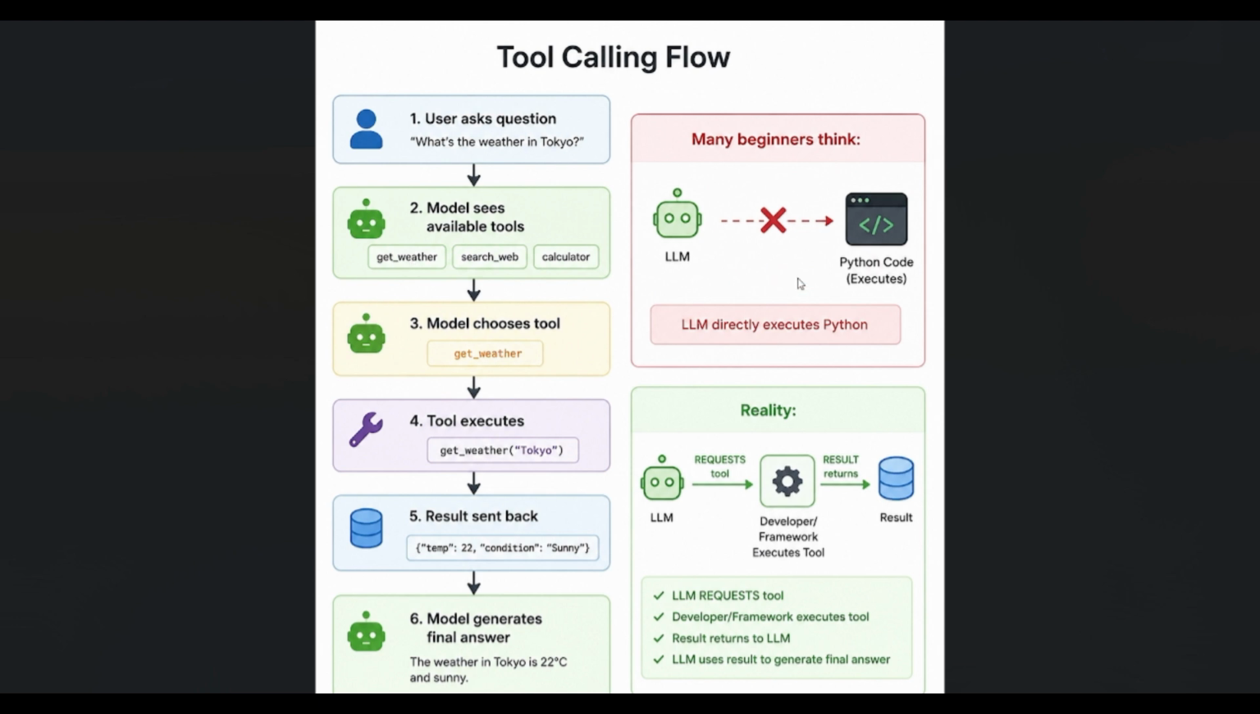What happens? Many beginners think that you pass your query to the LLM and then the LLM directly executes the Python script. It doesn't happen. What happens in reality? The LLM will request a tool. That tool will be executed by a developer or a framework, and then the result will be stored maybe in a database, and then that result returns to the LLM, and the LLM uses the result to generate the final answer. So the LLM is only generating the final answer. The text that you see, the weather in Tokyo is 22 degrees Celsius, but this 22 degrees will come from